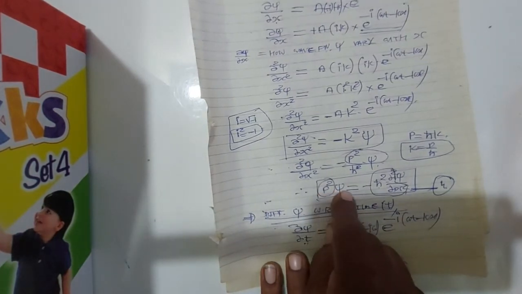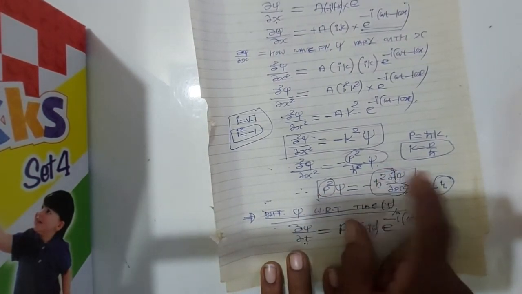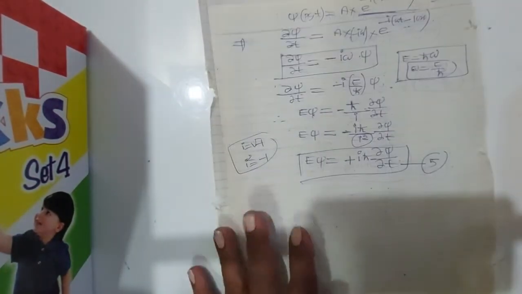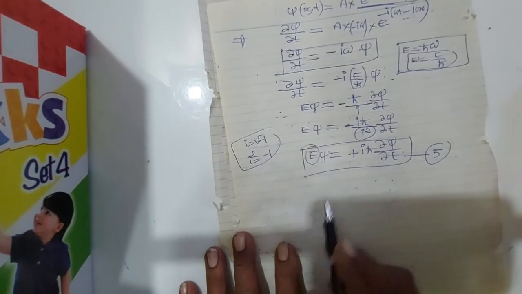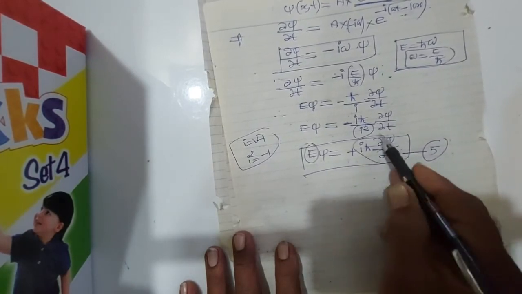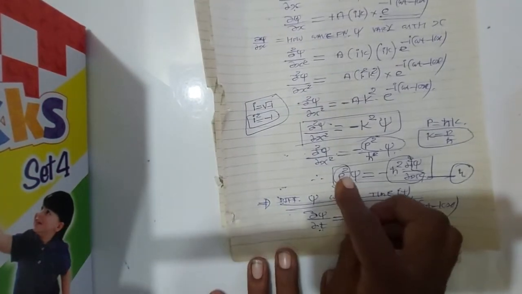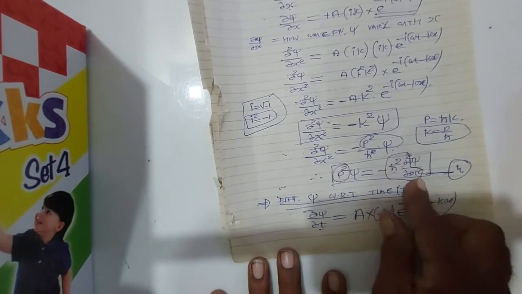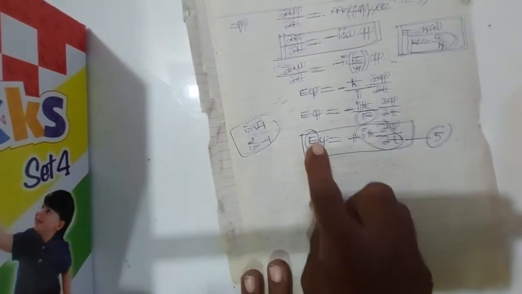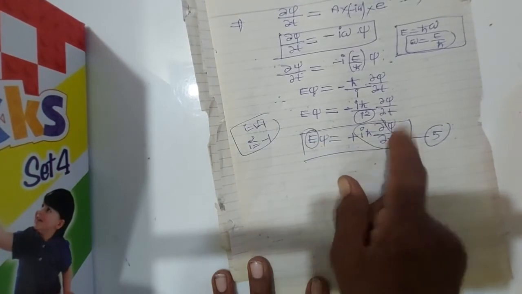The quantum mechanical operator of momentum p square is minus h cross square d square upon dx square, and in this equation we will study that the quantum mechanical operator of energy will be i h cross d by dt, which is operating on psi. So actually these are the quantum mechanical operators. The operator for momentum p square is minus h cross square d square upon dx square, which operates on psi. And here the quantum mechanical operator of energy is i h cross d by dt, which operates on psi.